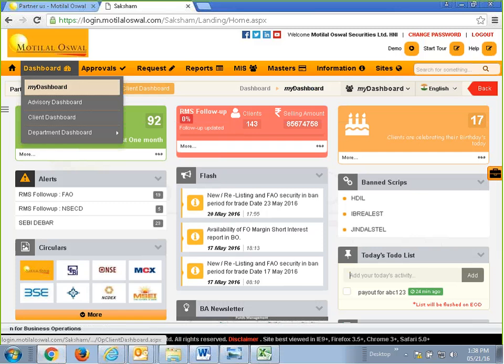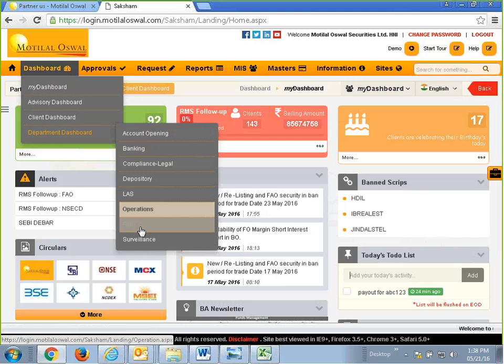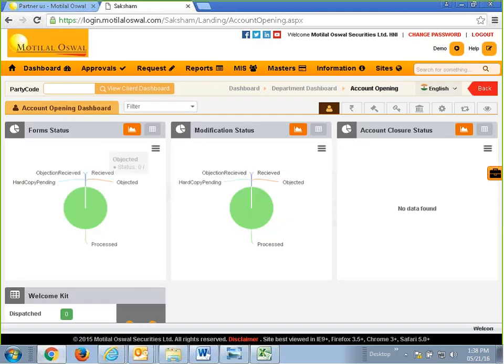The second feature is under the dashboard itself, the department dashboard. We have provided the department dashboard for your account opening, banking, compliance and legal, depository, LAS, margin funding, then operations, risk, nothing but RMS, and the surveillance. If I click on account opening, it will provide me the graphical presentation of all the activities with regards